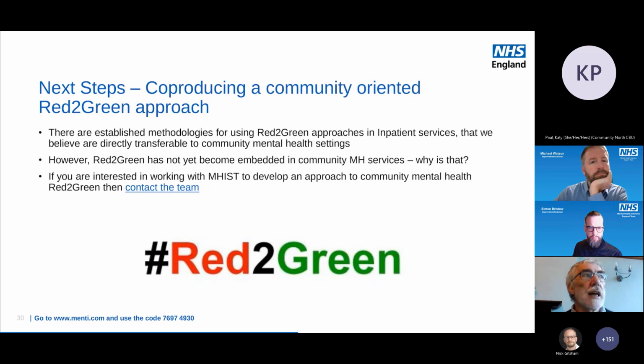Therefore, red to green is, if it's not going right, is it not going right because we didn't do what we planned to do? For example, the internal waiting list that have just been discussed. Is it not going right because we tried to do what we were trying to do, but actually it's not working out as we hoped? Is it not going right because it's not acceptable to the person we're trying to help and because they don't see it as being a right way of helping them? So red does not imply fault.